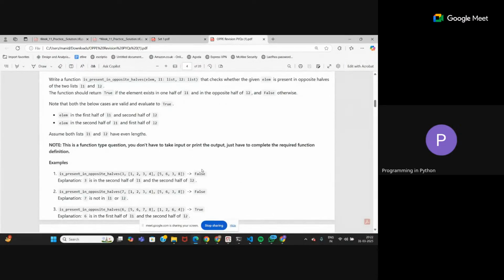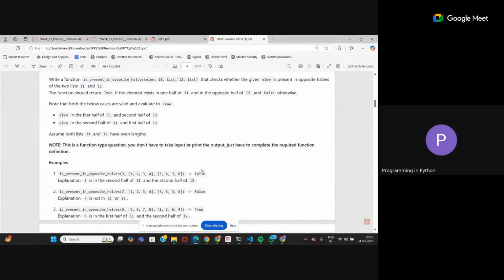Now you have to write a function. So we have one element and two lists. Now this function is supposed to check whether the element is present in opposite halves of the two lists. So I have two lists, L1 and L2, and one element. Now we are dividing each list into two halves. Basically, you have to find just the middle index, and that will divide the list into two halves. The function should return true in two cases.